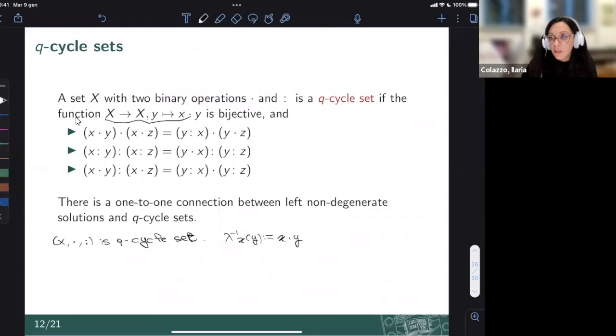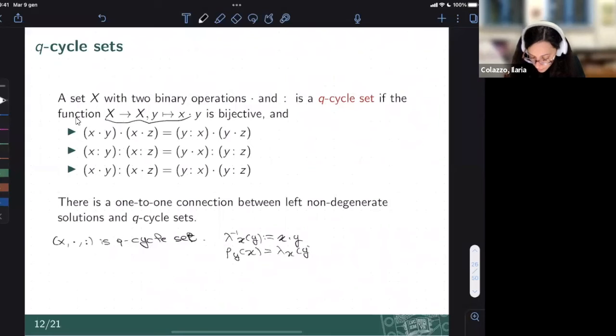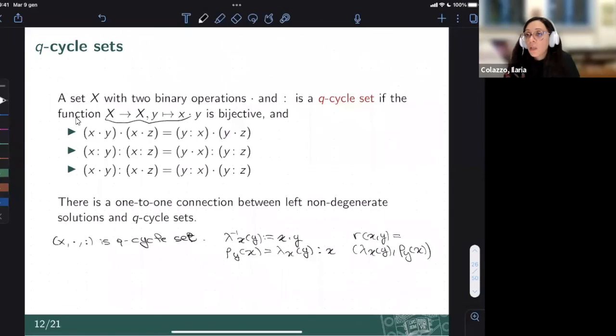So maybe we can call this map F x y and take the inverse, and then we can define rho y of x equal to lambda x of y colon x. And the map R defined in this way, using lambda x y and rho y x,